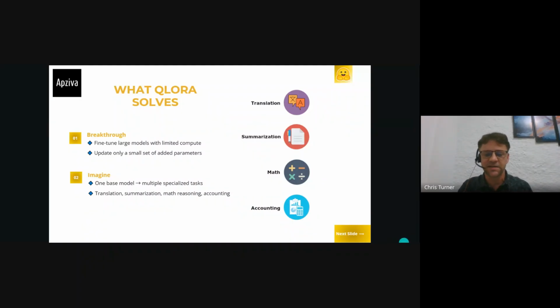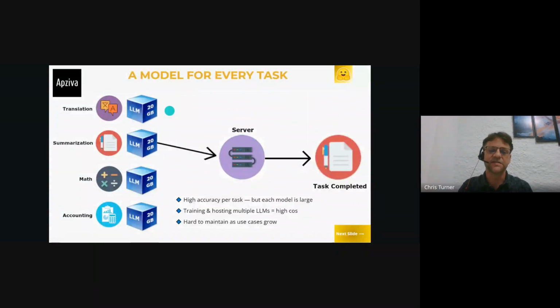So one way they could design their app is to have a different large language model for each of these functions. And if you designed it like this, you would get really good performance for each of these functions. But the problem would be that each of these models takes a lot of storage. They take a lot of compute power. You would have to have a tuning pipeline for every one of these models. So as the model grows, it would just be kind of a nightmare to maintain and store and keep going.